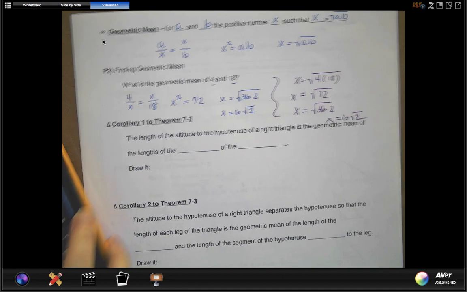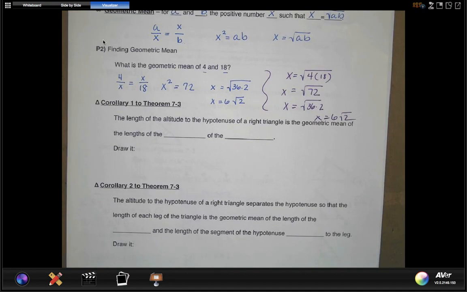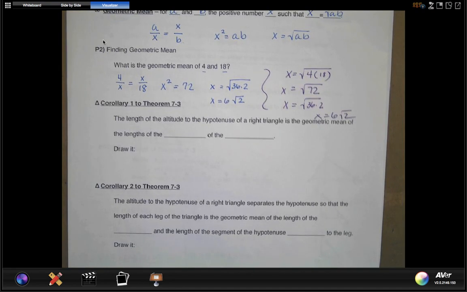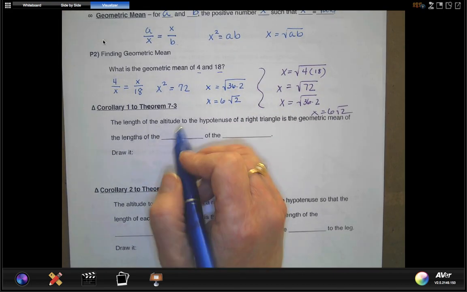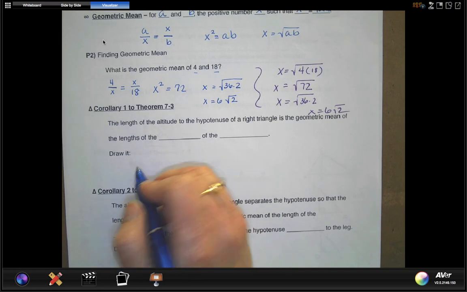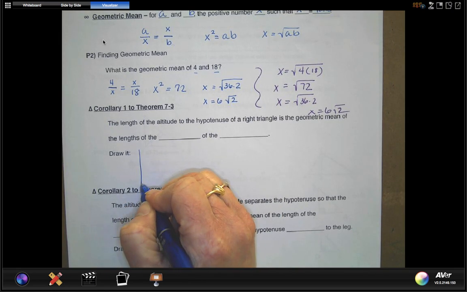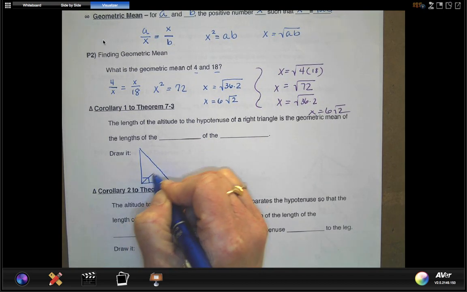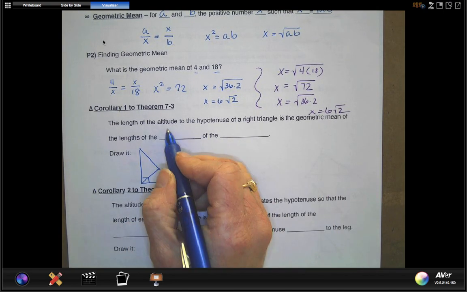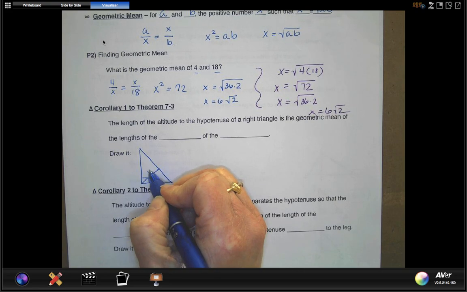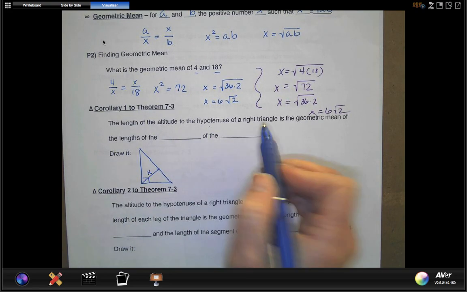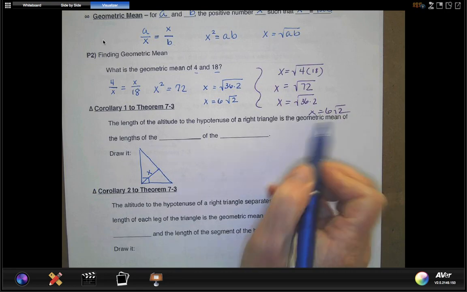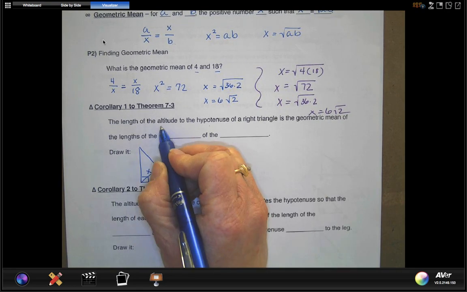Okay. Then we have some fun corollaries. So they're extensions of that theorem. All right. So we're going back to that right triangle, and we have our altitude. So it says the length of the altitude, I'm going to call the altitude x, the altitude of the hypotenuse of a right triangle is the geometric mean of the lengths of the segment